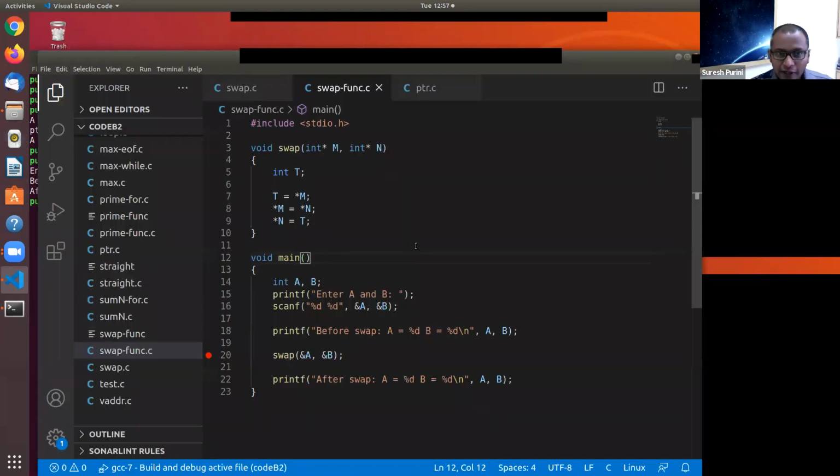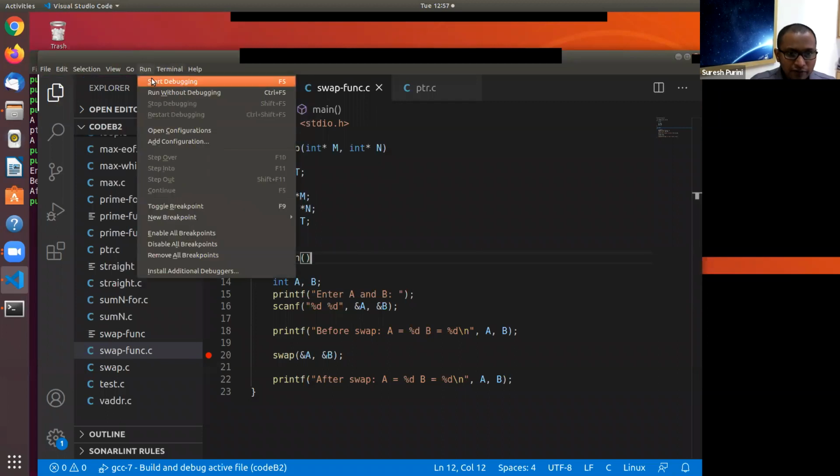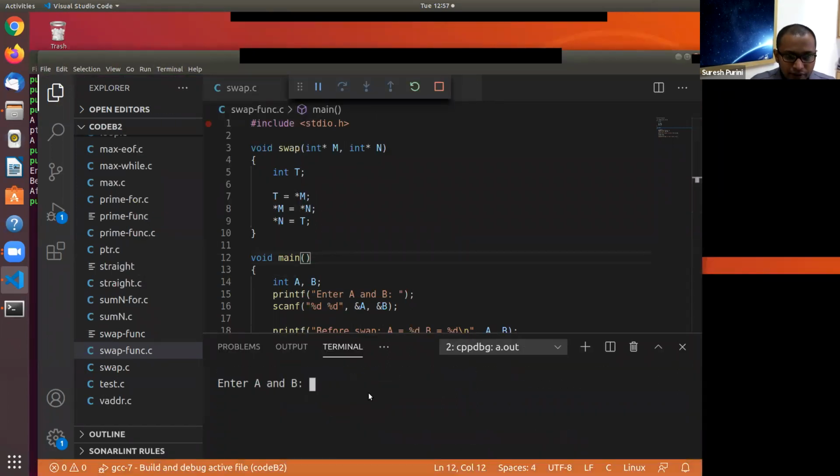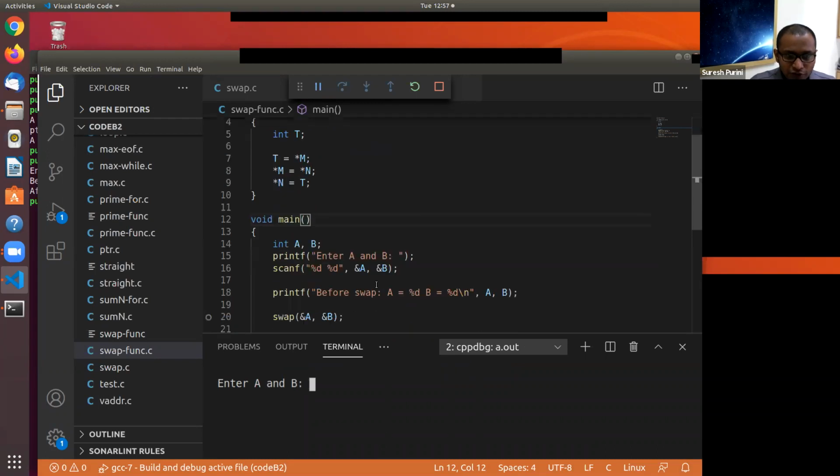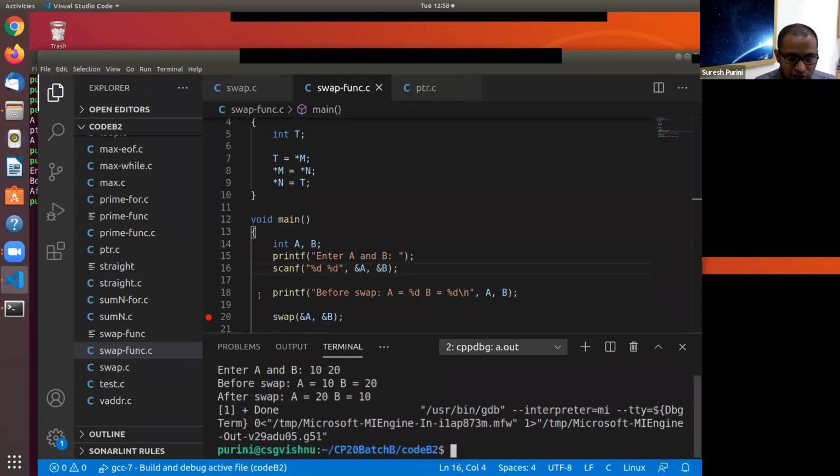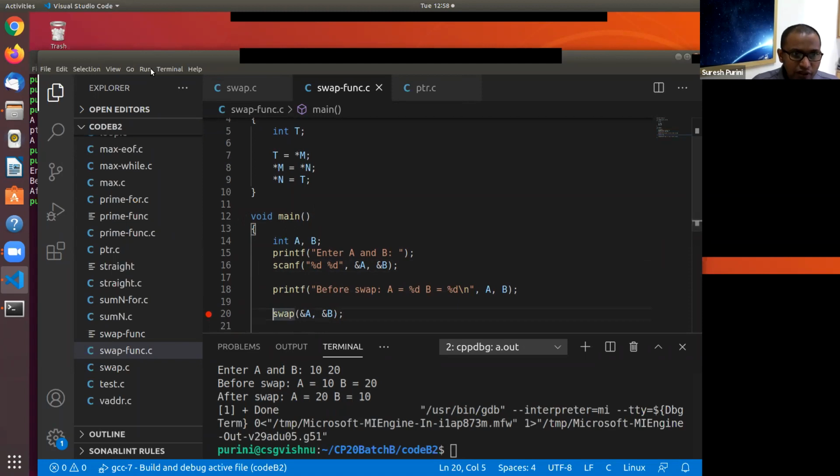So what happens is, let's now try to trace this program and see what is happening here. So start debugging. Now, again, I want all of you to be with me. Yeah. So now we are on line 16, the program is waiting for input. So I enter 10 and 20. I think I should put a breakpoint here. Toggle breakpoint. Run.